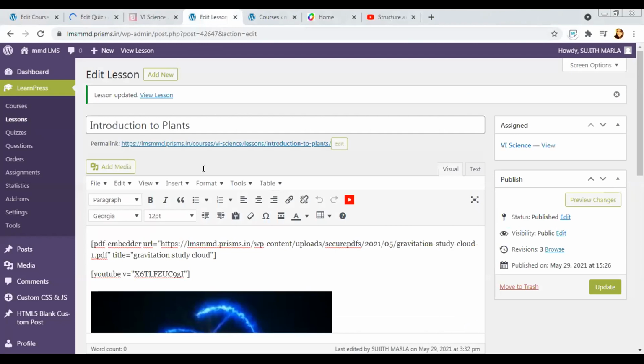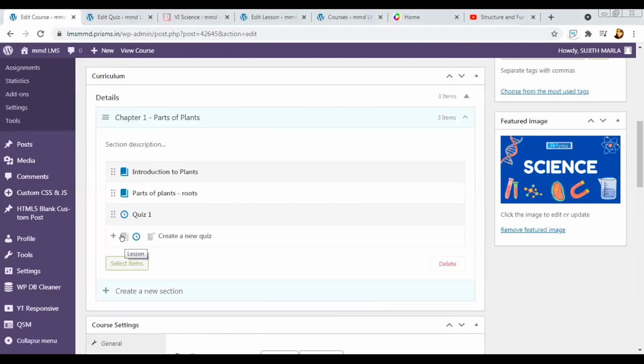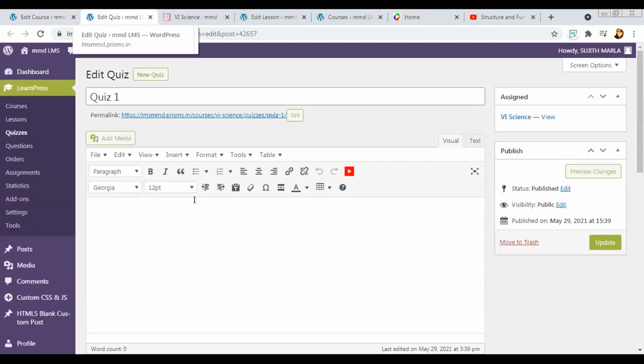Close all these. So there are 3 icons there. The first is for lessons. The icons are a little confusing. Yes. So the first is for lesson, the second is for quiz, and the third is for assignment. Depending upon what you want to create, you need to select that. Initially we created lessons, so we selected the book icon. Now if you want to create a quiz, we'll select the quiz icon and create a quiz. And when we want to create an assignment, it is in the third icon.